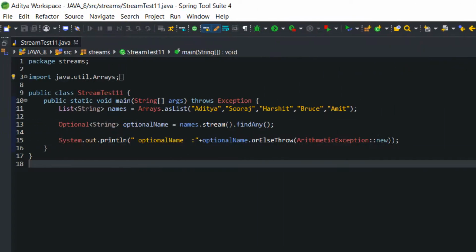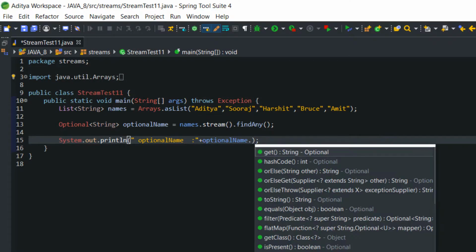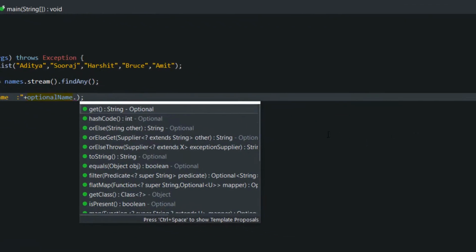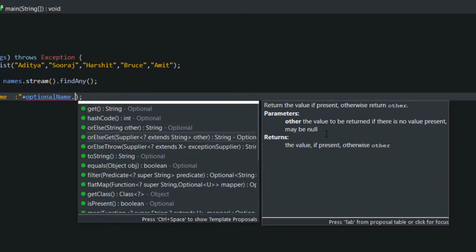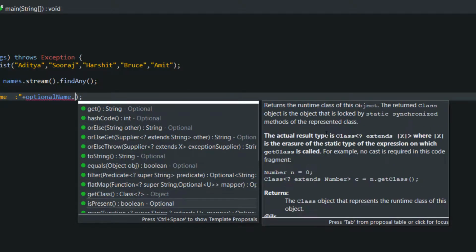Let's see some other methods which exist inside the Optional class. We saw the job of the get method, hashCode, orElseGet, orElseThrow. Filter, equals method, filter method, flatMap will work in the same way as they work inside the Stream class.